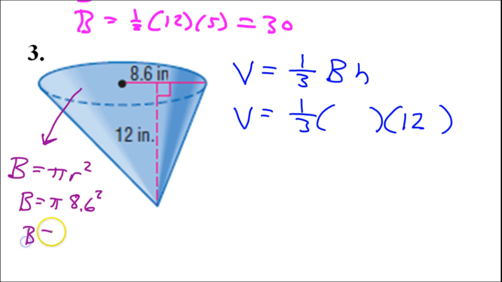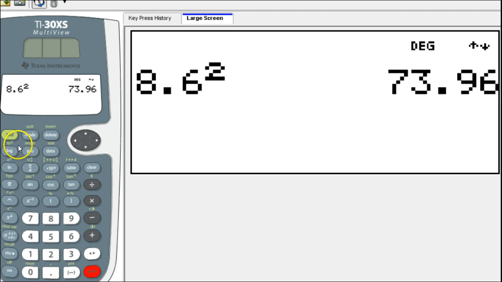Alright, so that would make this 73.96 pi. Now I would never leave my final answer like this, but it's convenient for now. That way we haven't lost any accuracy yet. We didn't round anything. It's perfect. So now we can go ahead and find the volume from here. So if I can remember this, this is going to be